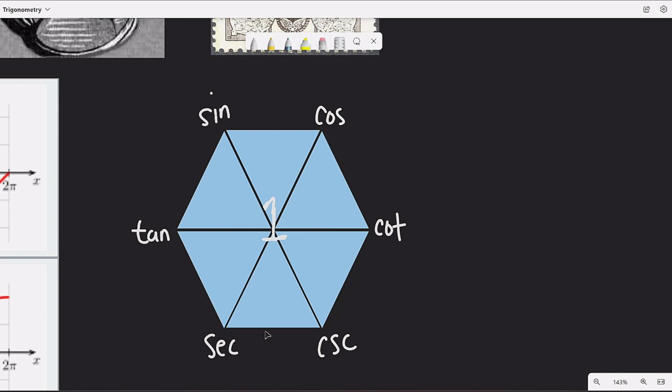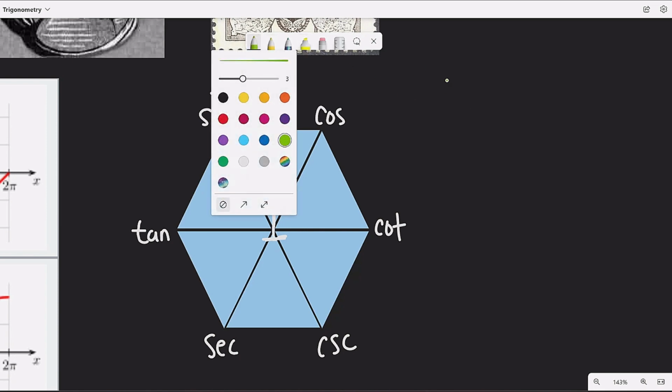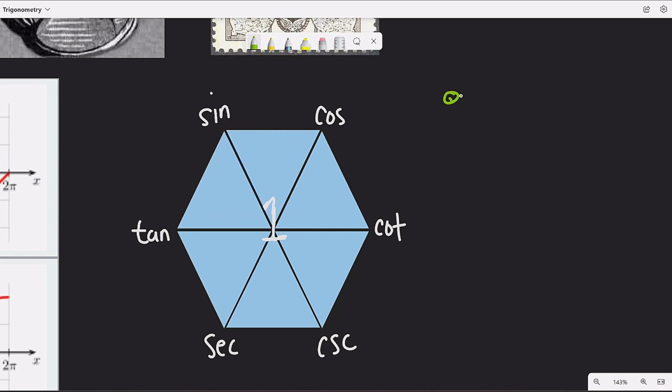And so we have secant. Now that we know our 6 functions, and we have our hexagon labeled with a 1 in the center, we can start identifying each relationship and the trig identity associated with that relationship. So the first one we'll say is quotient identities. So if you know your quotient identities,